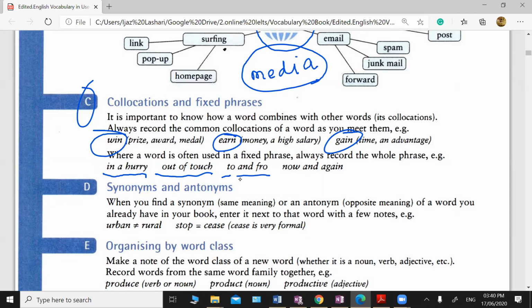To and fro. Now, these are good words which you can use. For example, the first one is very simple. In a hurry. Like, please say something quickly. I am in a hurry. Next one is out of touch. It means you have not been doing something for some time. So you say, oh, I'm not in touch with my friends these days. I'm busy with my project, so I'm sorry, I'm not in touch with my friends, or in touch with something. I mean, for the last few months or days, you're not